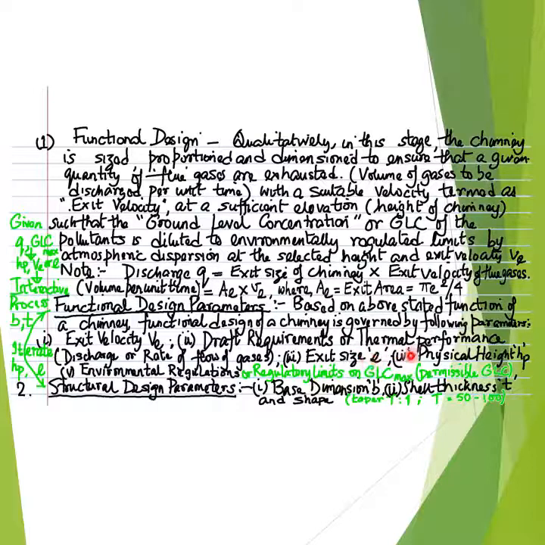Parameter that is in the scope of thermal engineers or mechanical engineers. 3. The exit size of the industrial chimney, denoted as small e. And 4. The physical height of the chimney, denoted as h subscript p,